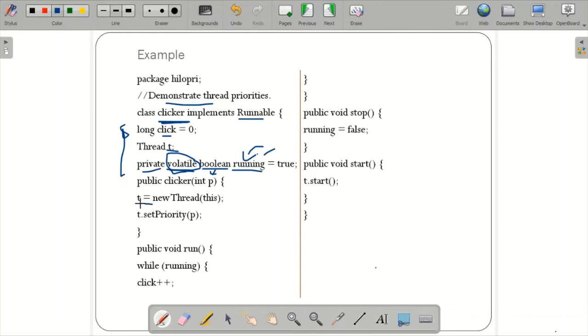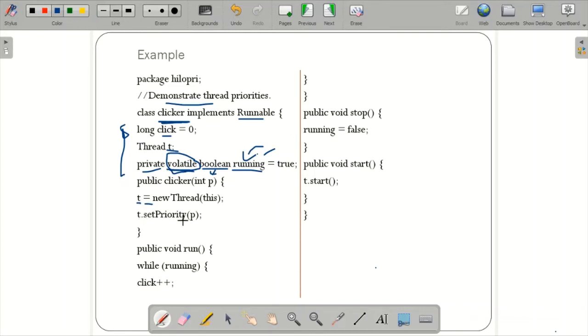And when I try to print this T, it prints the default name of the thread, the priority of the thread, as well as the group of the thread it belongs to. If not, whatever priority you send over here will be set. After this, if you set a particular priority and then print the priority, the new priority will be printed.